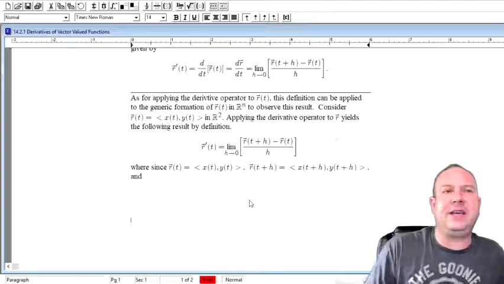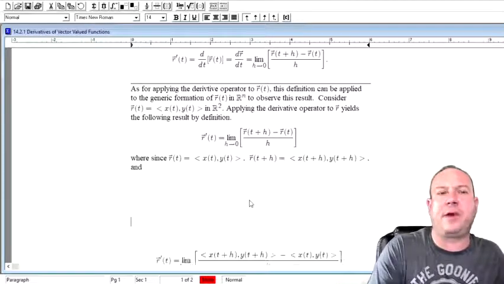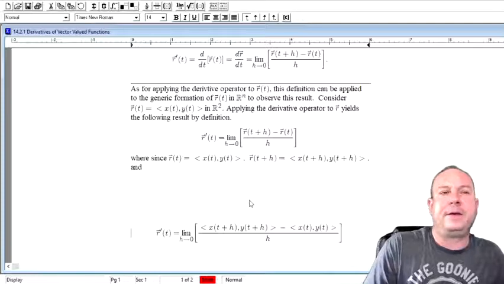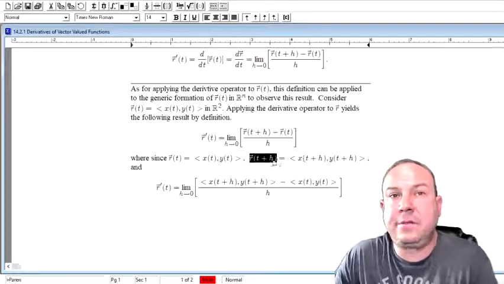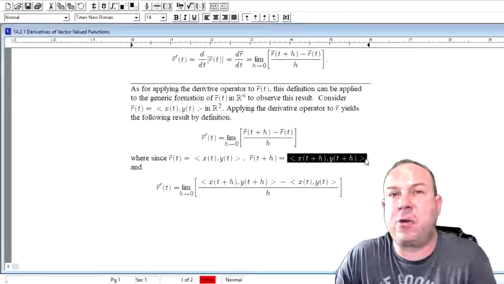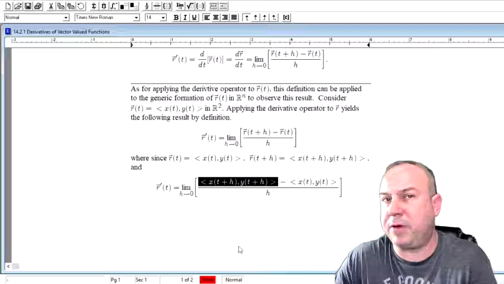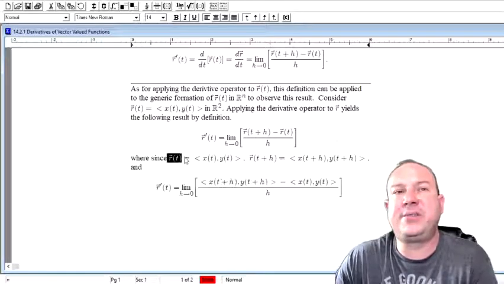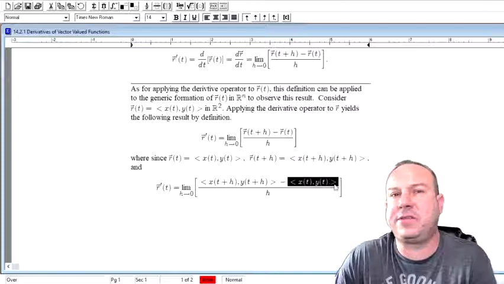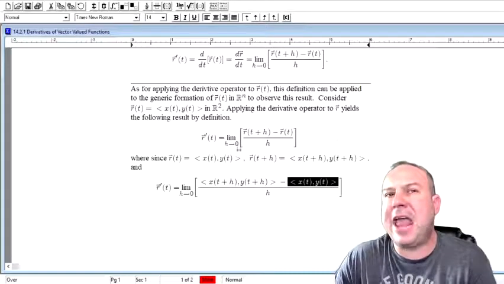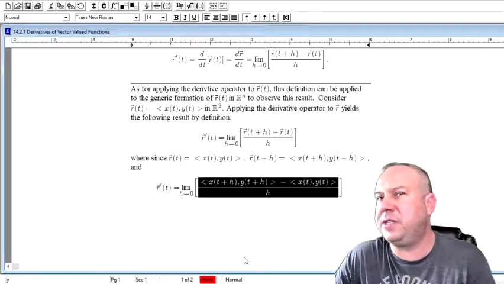And if we substitute all that into our calculation, if we substitute in for r bar of t plus h this quantity right here, we prepare this item. And if we substitute in for r bar of t this quantity right here, we prepare this item, right? And the argument of this limit presents itself as we see here,